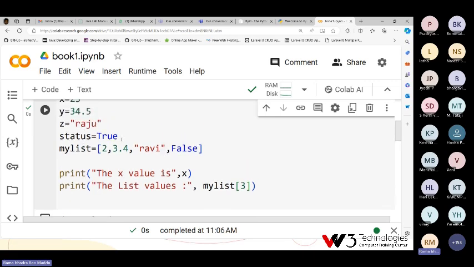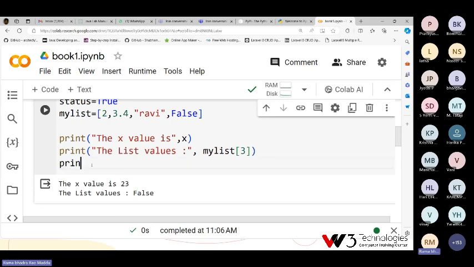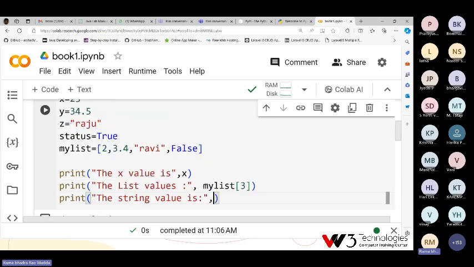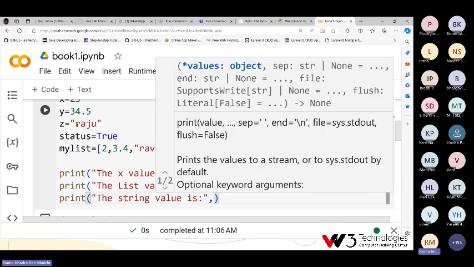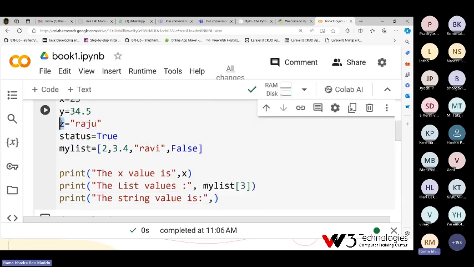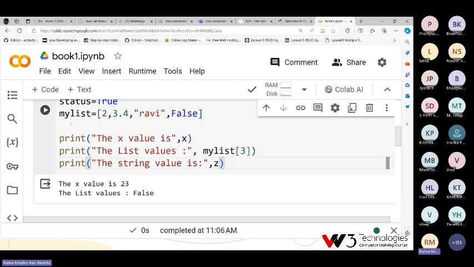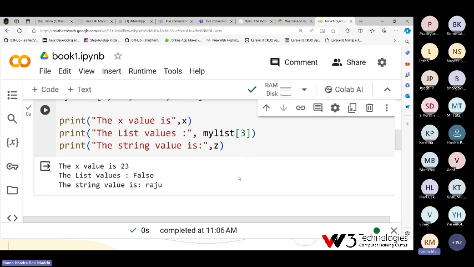Z is a string actually. If you want to print the string, print the string variable name, Z. If I want to print the entire name, I can use Z. It will print the entire name, Raju. If I want to print the first character only, I will use square brackets, just like Z of 0.